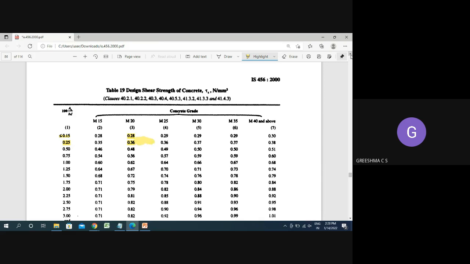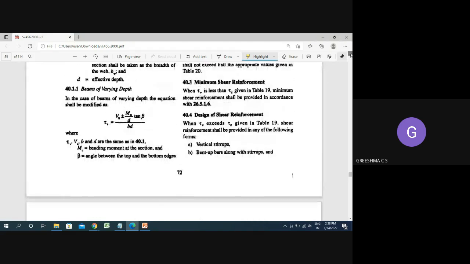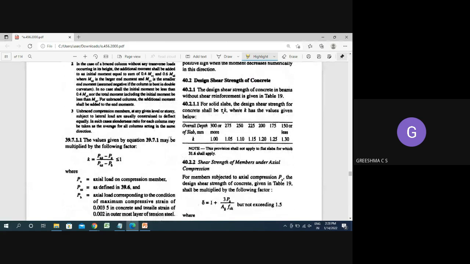Next, what we do is refer to the table just above. Okay, from this you have to find out the stress we get here. Stress, you have to multiply with the factor K. The TOSI should be multiplied with the K constant value. Okay, the K constant you have to refer from the table